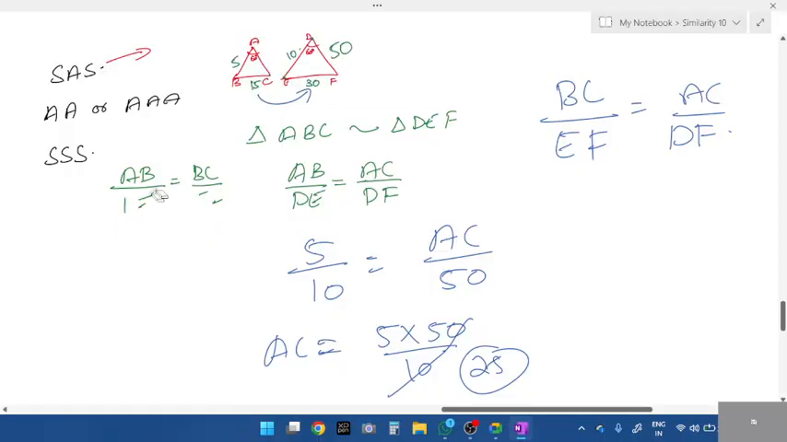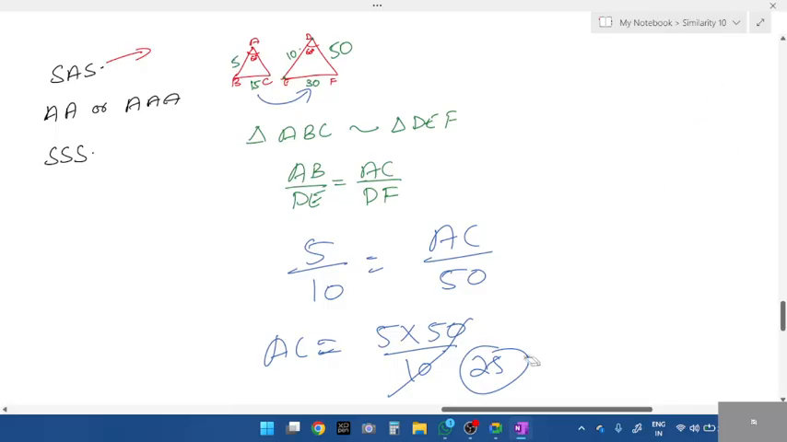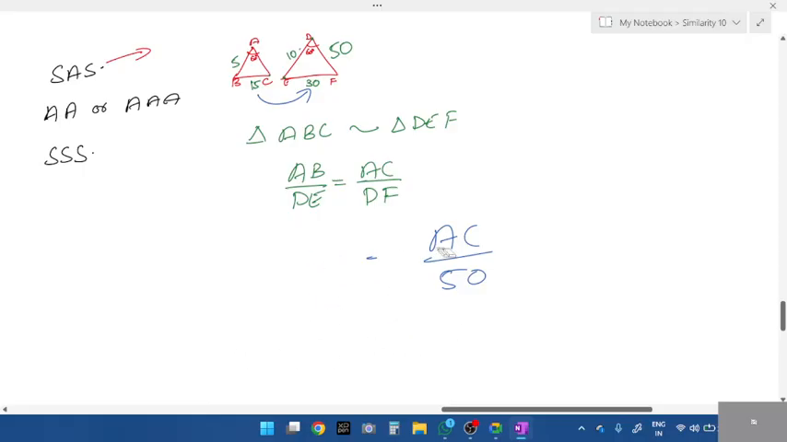Is this clear, students? All of you understood? Respond. Yeah, so all three sides are equal. So the formula for this is,